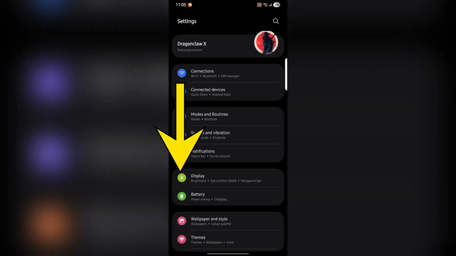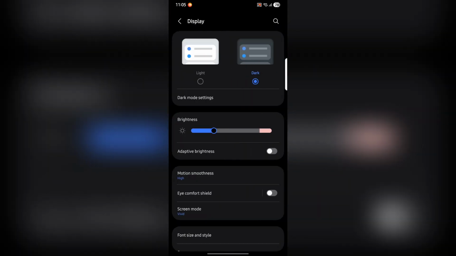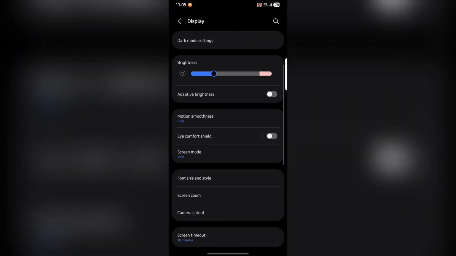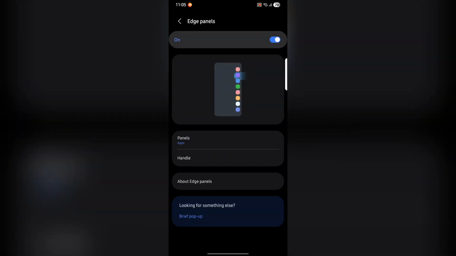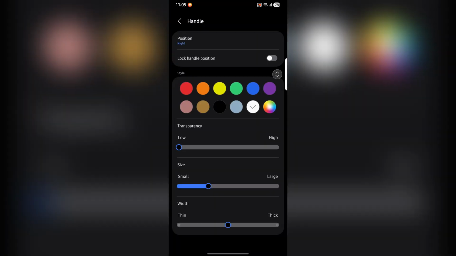Now just simply tap to display option, and after going in here, again scroll down to find the option of edge panels. Now just simply open edge panels, and after going in this section, you will need to look for the option of handle. Now just simply tap to handle option, and now from this section you can easily customize